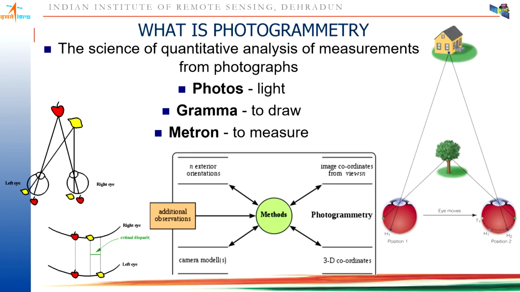A photograph is a two-dimensional thing, we all know. How are we able to see or get the third dimension? By looking at the same area from a different view direction. Now, I will give you a very simple example. We are able to distinguish which object is closer to us and which object is far away from us. How are we able to do that?